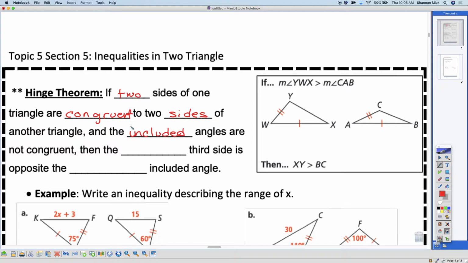The one in between. The one that's made from those two sides, right? Are not congruent, then the longer